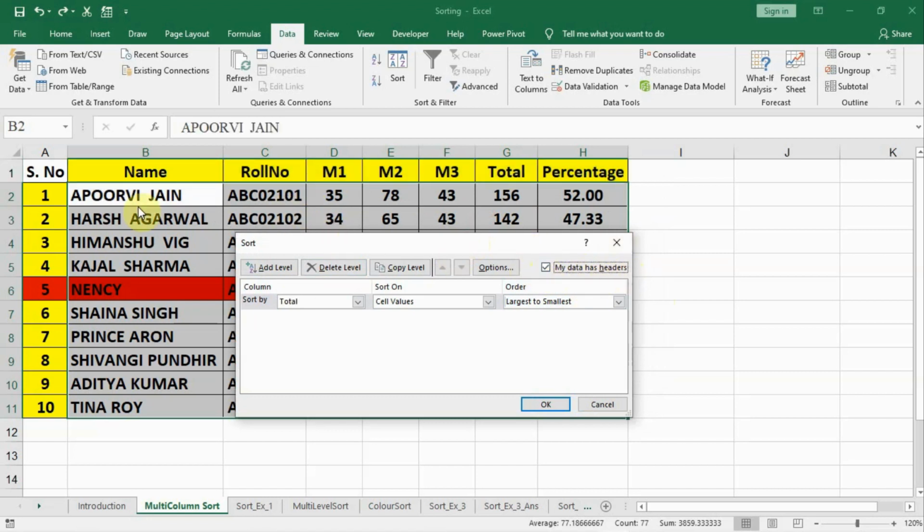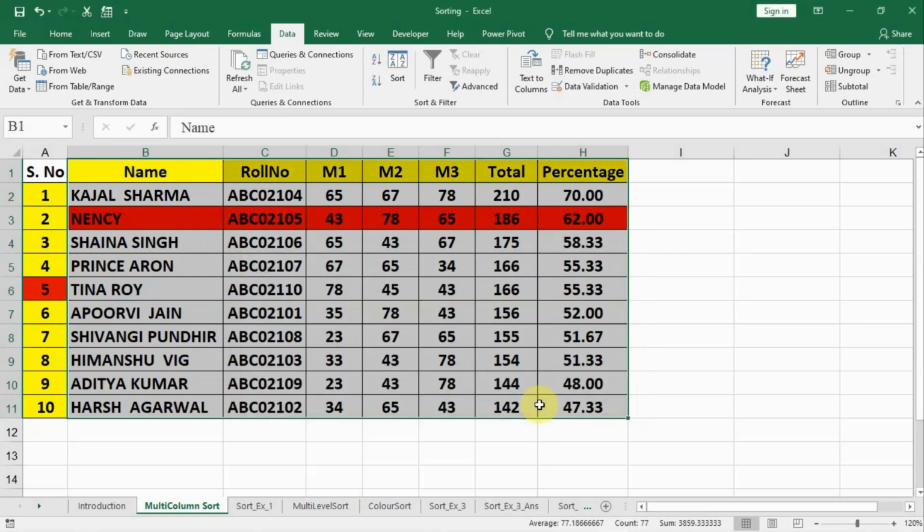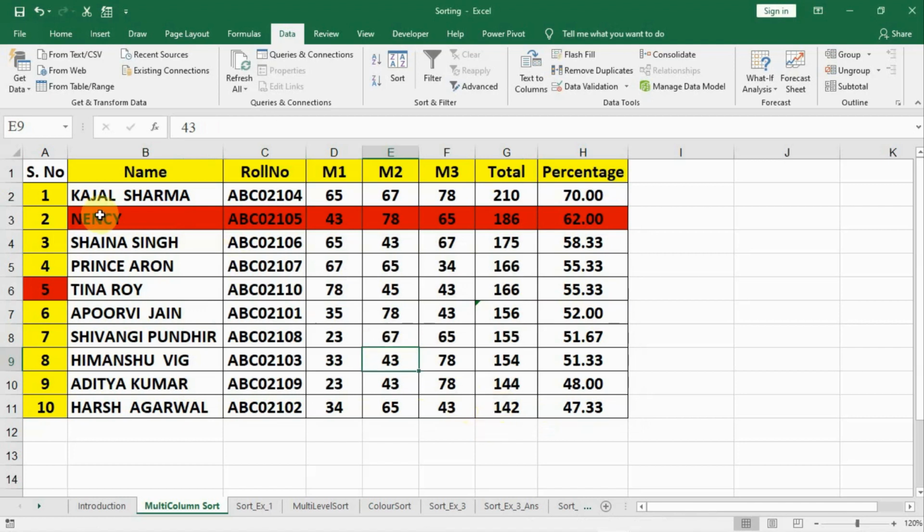When we select this, you see it now considers the top row as a heading and puts it outside the selection and keeps the rest of the data selected. And now we have to click OK, and as soon as we say OK, the data is sorted. Nancy, being the second rank student, goes on the top with the rank second, and you see the red color in the fifth row along with Nancy remains up here, and the rest of the data we can safely assume has been sorted in descending order. That means highest on top and lowest on the bottom.